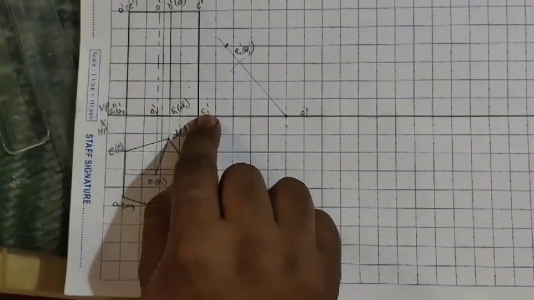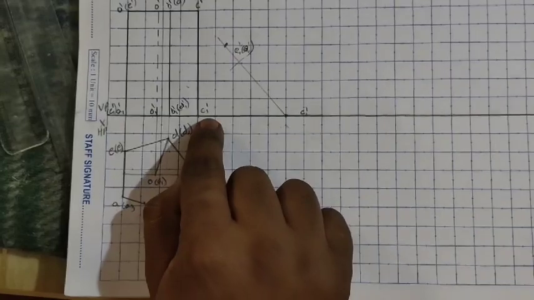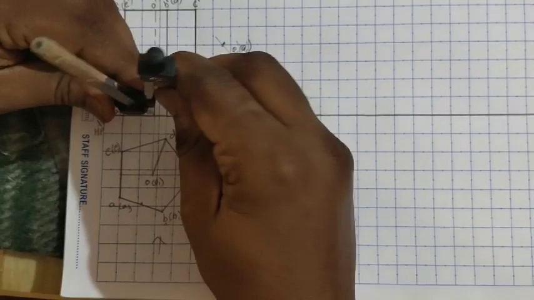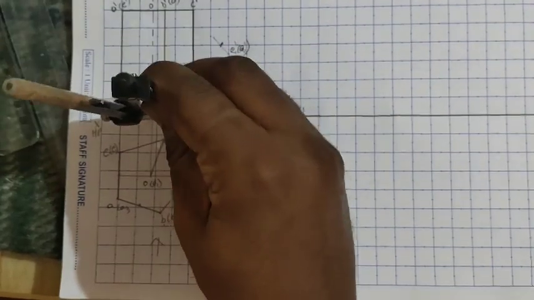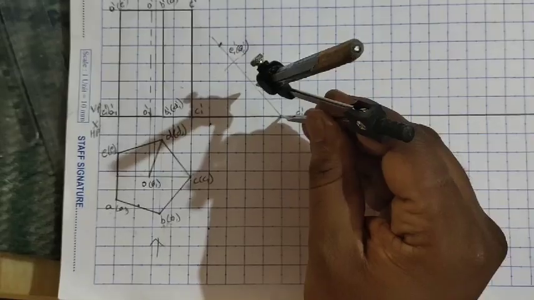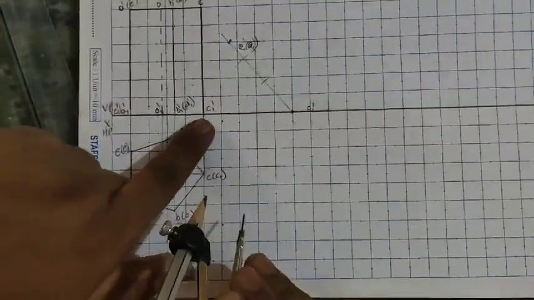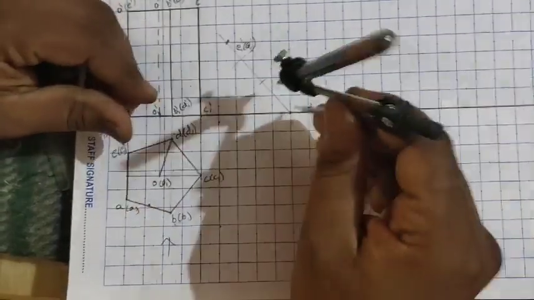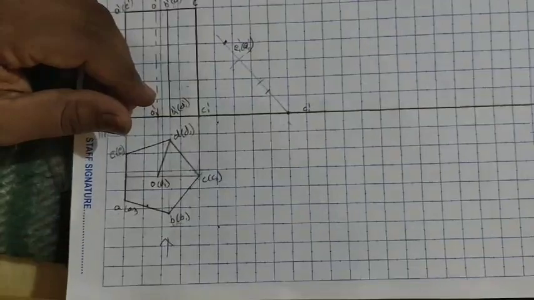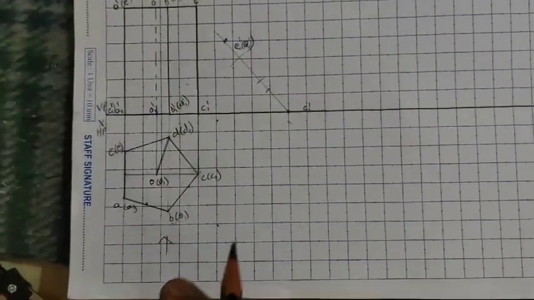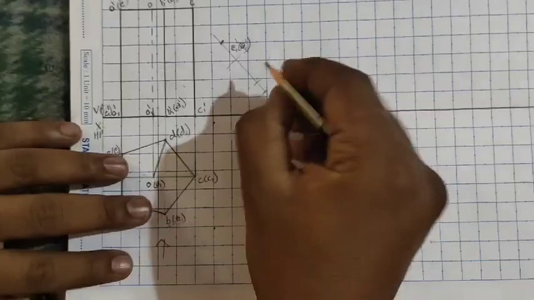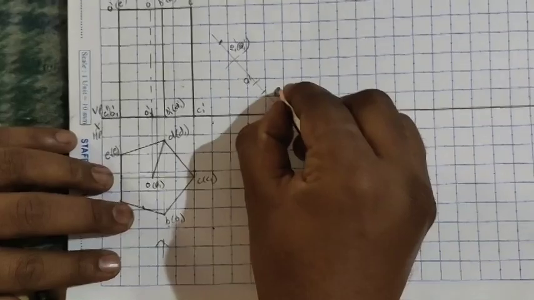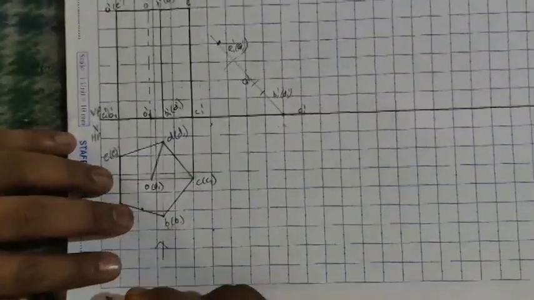Similarly, you also find C1 dash to O1 dash, and C1 dash to B1 dash. So we are putting this here at C1 dash, measuring O1 dash. I think you can see this. So from here I draw O1 dash. Next, measure C1 dash to B1 dash, and here you cut the arc. Once you do this, name it. So this is O1 dash and this is B1 dash of D1 dash. So we got the base.